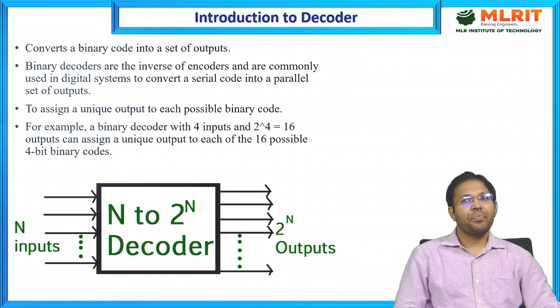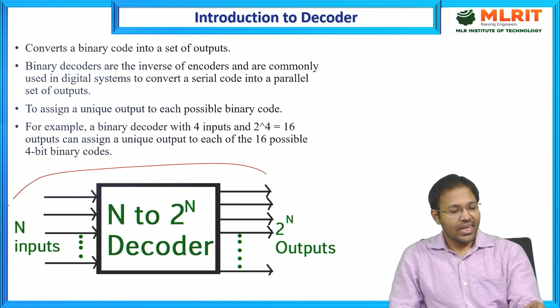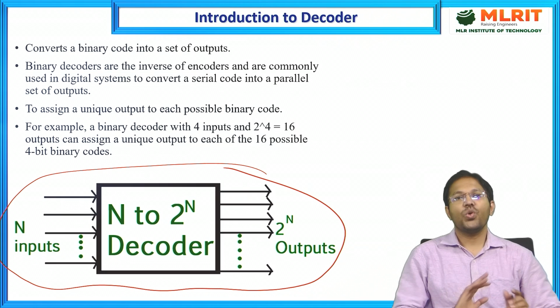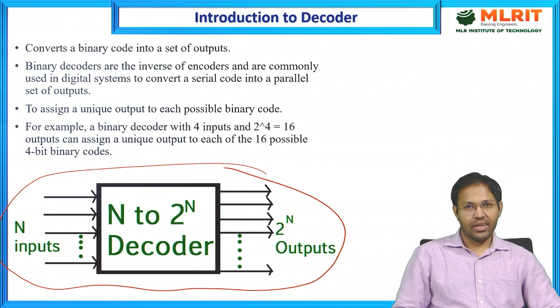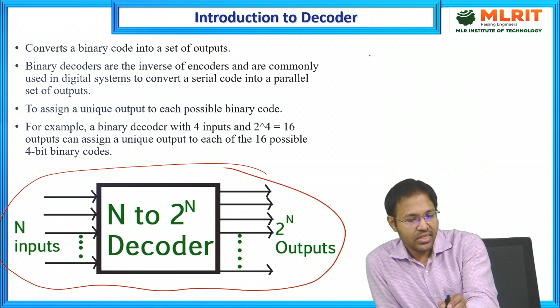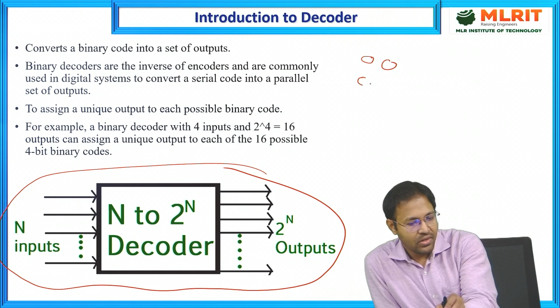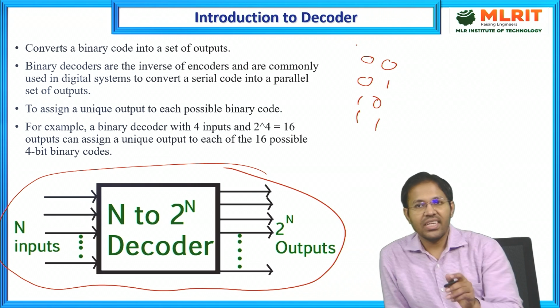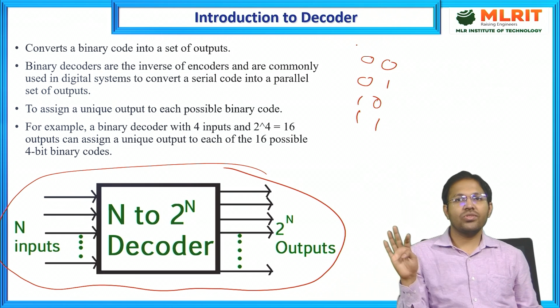First of all, this is the diagrammatic representation of a decoder. To understand this better, let us consider the case of a simple truth table. Suppose we have the combinations 00, 01, 10, 11. Now let us take an example where, by giving any of these four possible sequences, you want to control